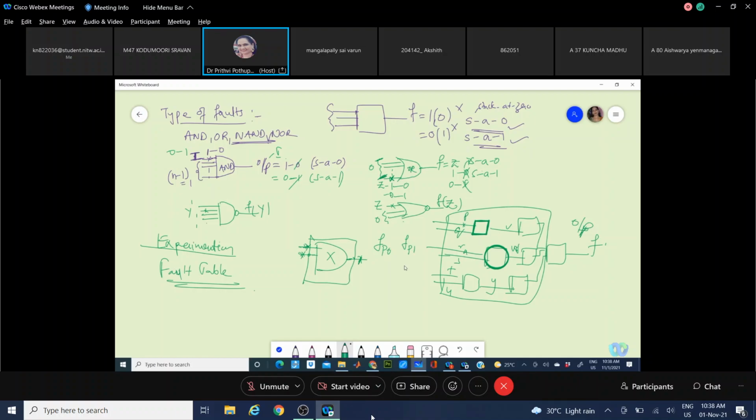For every fault, as we said, the values that you give for finding a fault are different. For stuck at 0, you are giving 1. For stuck at 1, you are giving 0. So such input combinations for the line you are testing will be given, and the system response will be experimented and noted down.